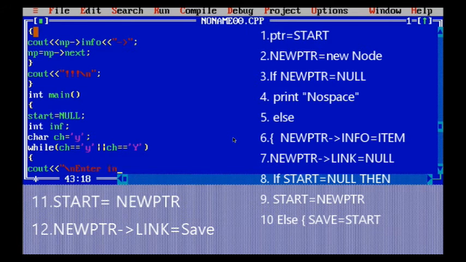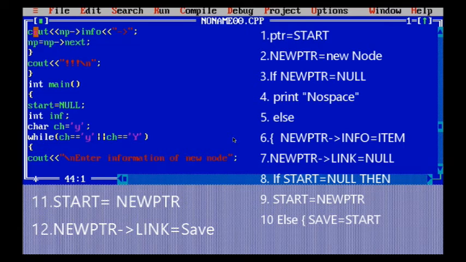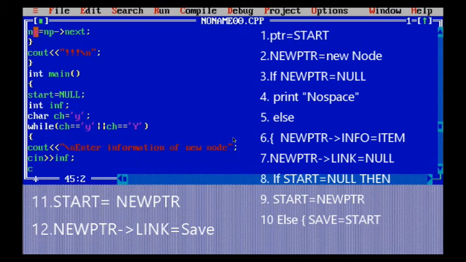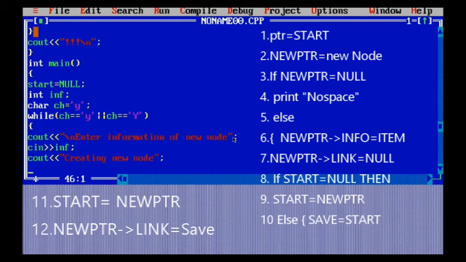In the above program, every node that we are creating is created dynamically and stored at the beginning of the list and is pointing to the start. So basically, what we are doing is taking the information with the help of INF. Then we are printing a message that it is creating a new node. After that, I have taken a new ptr in which I have passed the function create new node, the function that I have already created at the top. The new node function takes one integer argument, allocates the memory and returns the pointer to the new node.